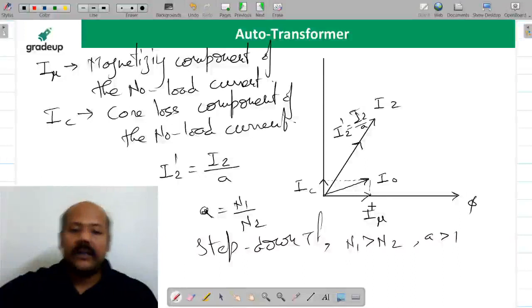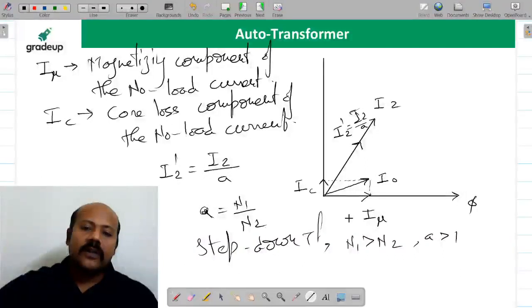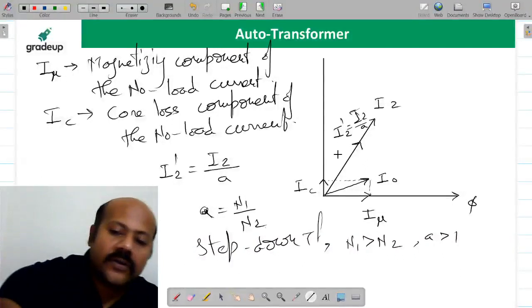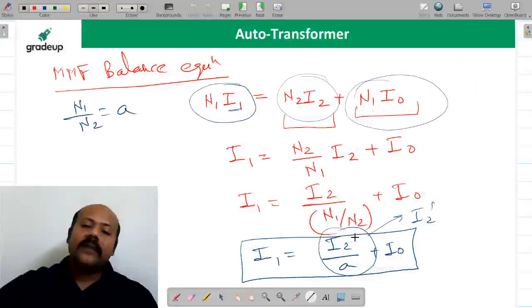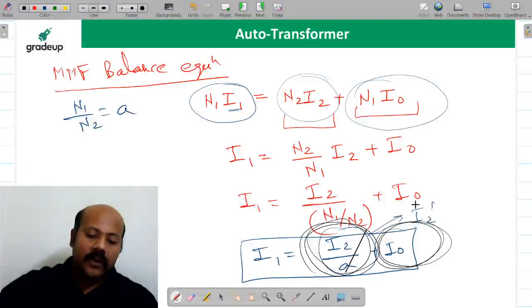I hope you are getting this. Now if this is your I2 dash, what is going to be I1? How are you going to write I1? The phasor sum of I2 dash and I naught, that is the no load component,